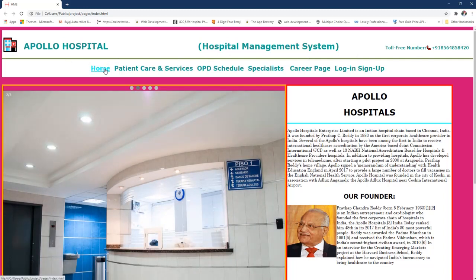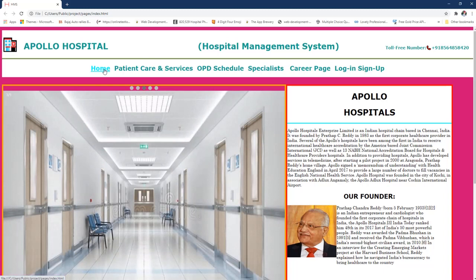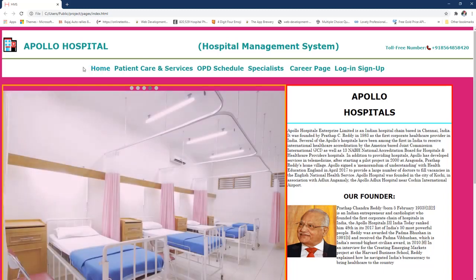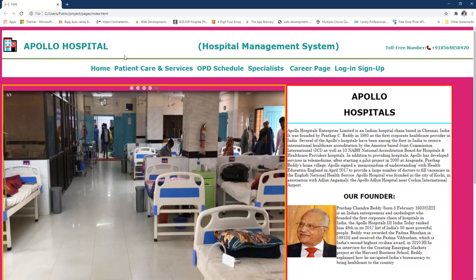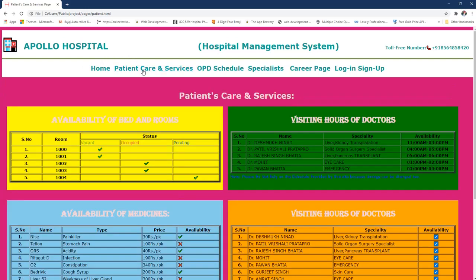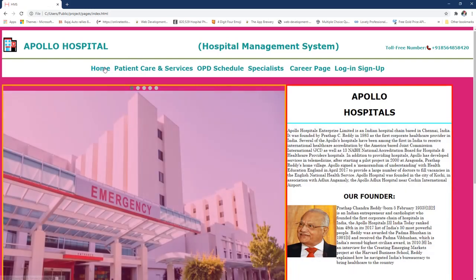The next sub line contains hyperlinks. These links direct us to another web page. For example, when I click on patient care and services, it redirects me to the patient care page. And if I click back on home page, it redirects me to the home page again.